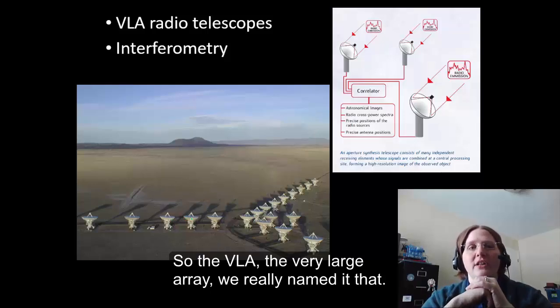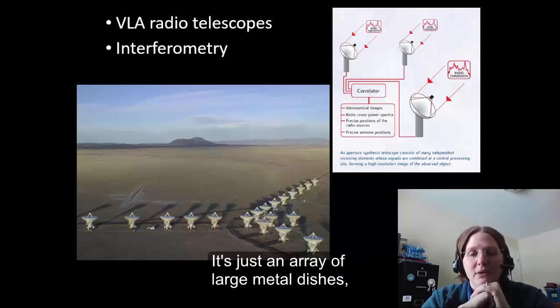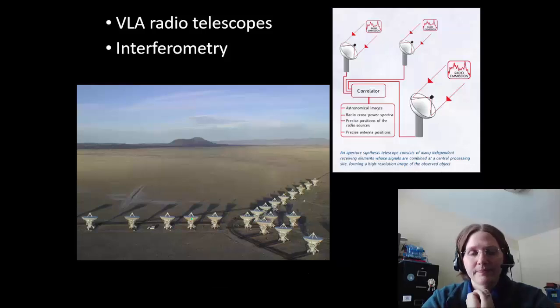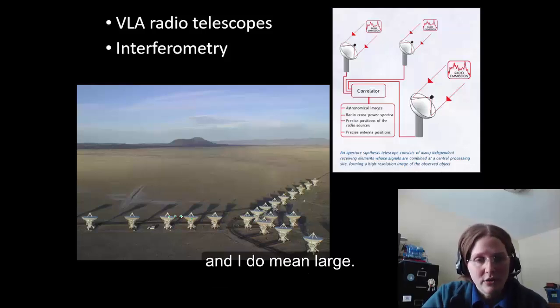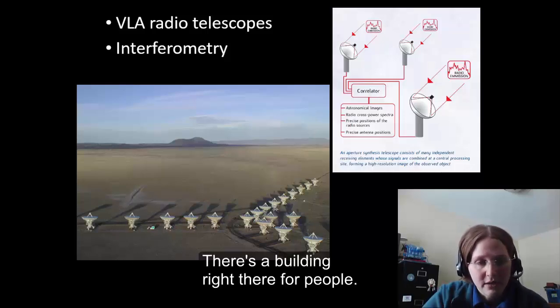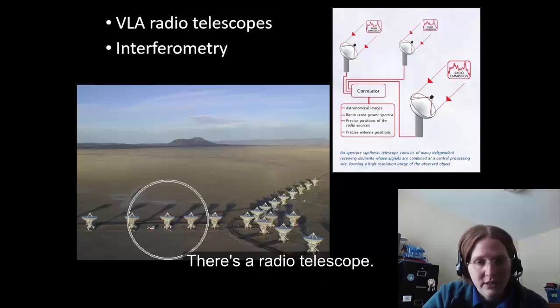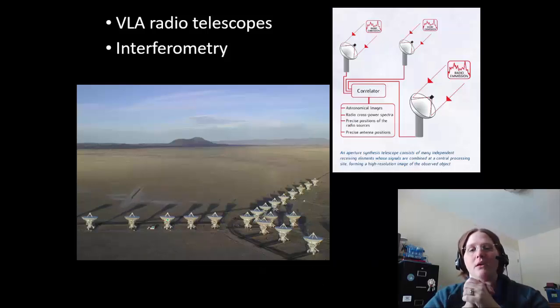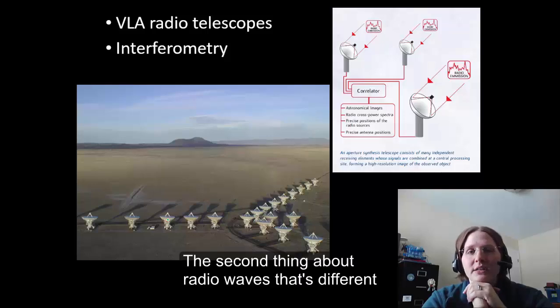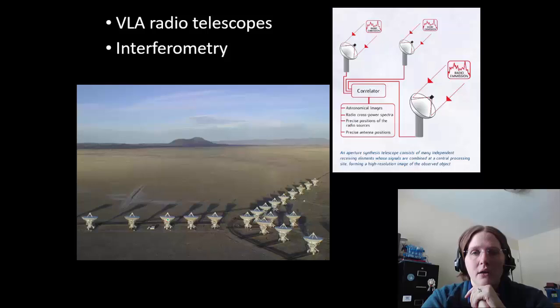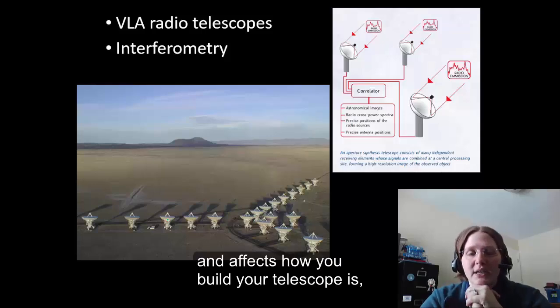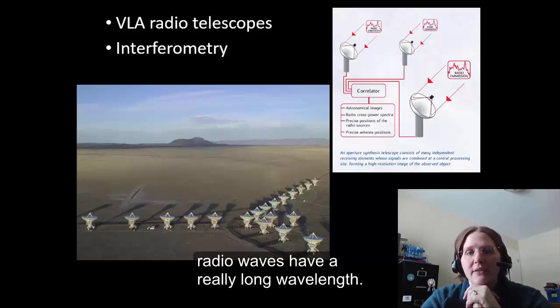Okay. So VLA, the Very Large Array, we really named it that, is just an array of large metal dishes. And I do mean large. There's a building right there for people. There's a radio telescope. Okay. The second thing about radio waves that's different and affects how you build your telescope is that radio waves have a